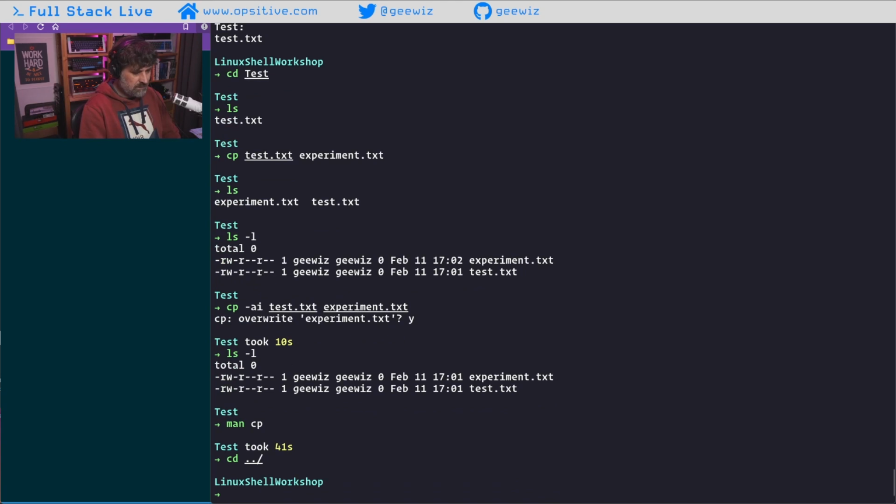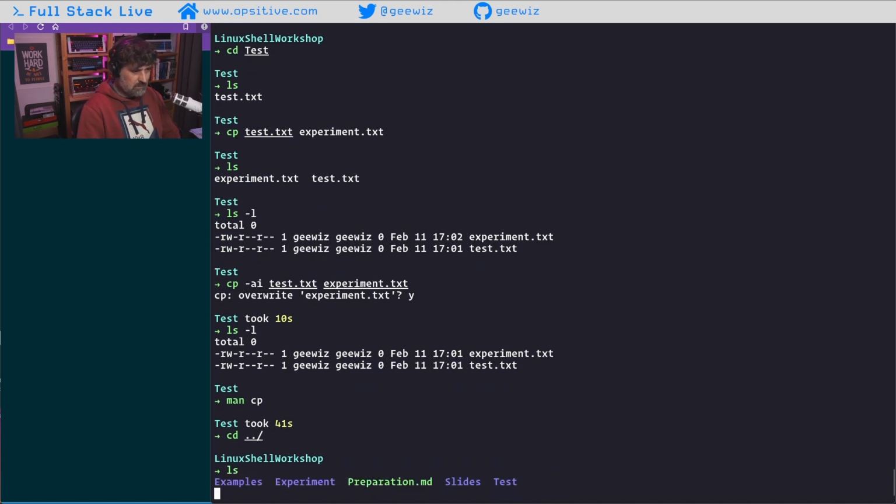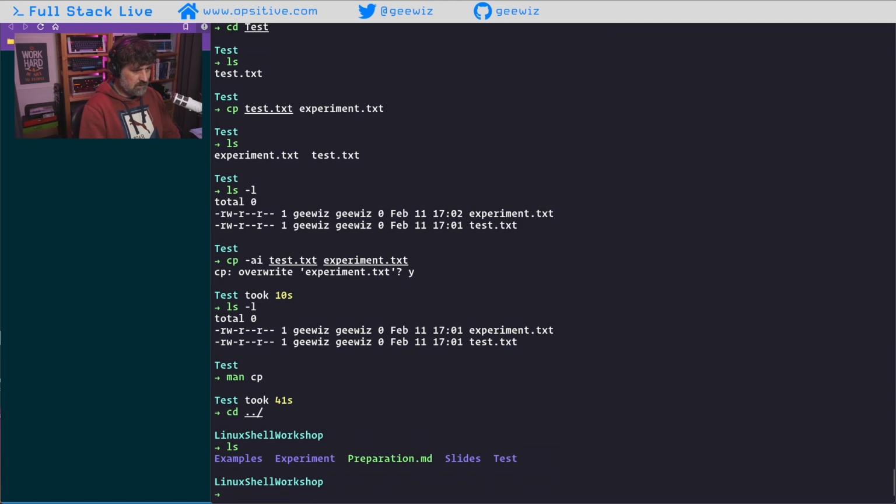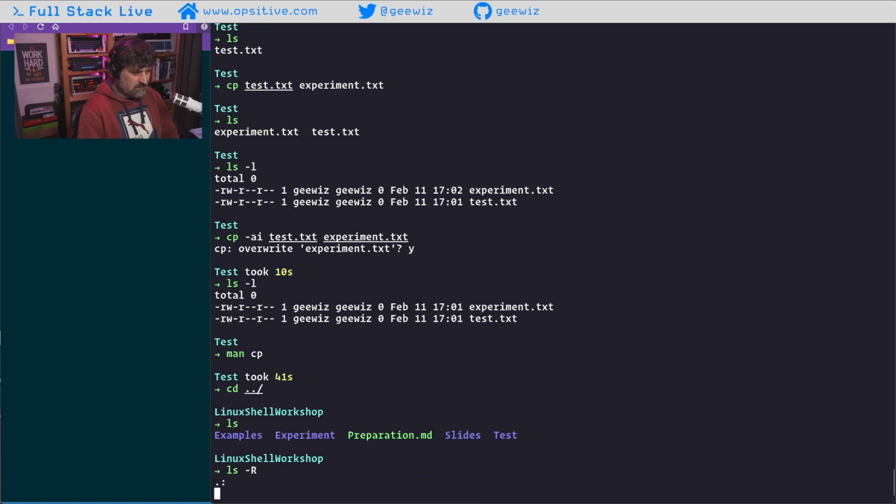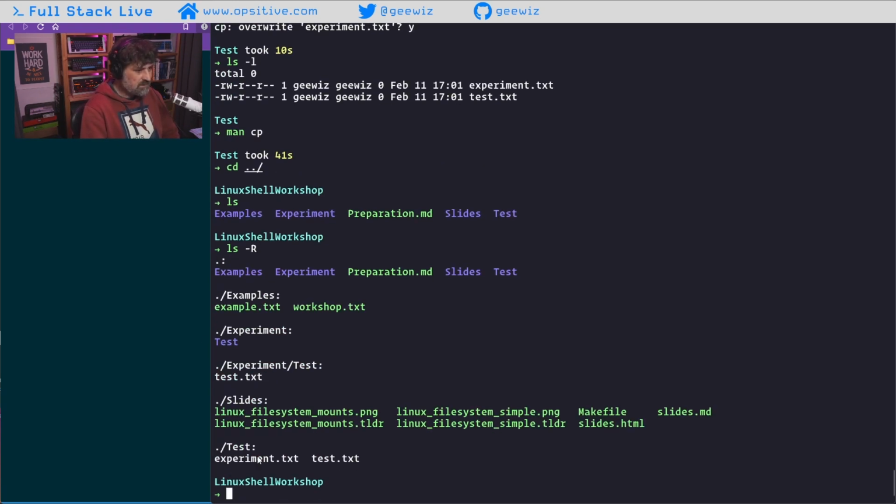One level here, and let's do another copy here. Wait, let me just orient myself. How does my tree look from here? Test has experiment and test, and experiment itself has the test directory, which only has the test.txt file. Experiment got created later. So if I copy the test directory where I'm at again into experiment, we should get